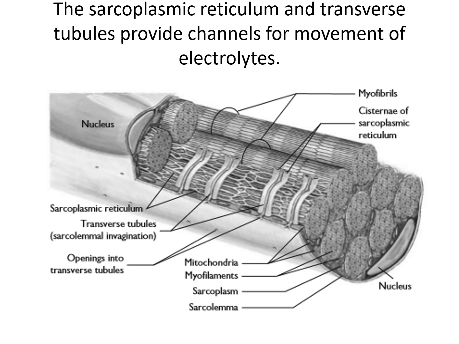Here it shows the sarcoplasmic reticulum and the transverse tubules. The fibers are intersected by tiny tunnels called transverse tubules that pass completely through the fiber. The sarcoplasmic reticulum and the transverse tubules provide the channel for transport of electrochemical mediators of muscle activation. Several layers of connective tissue provide the superstructure for